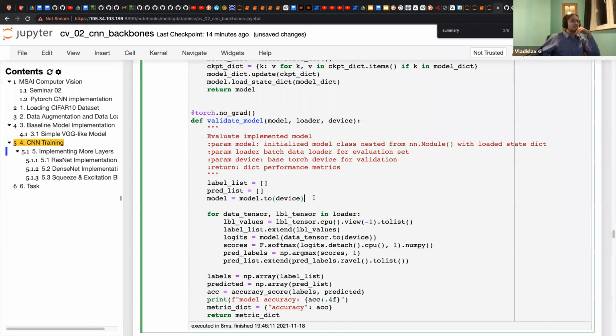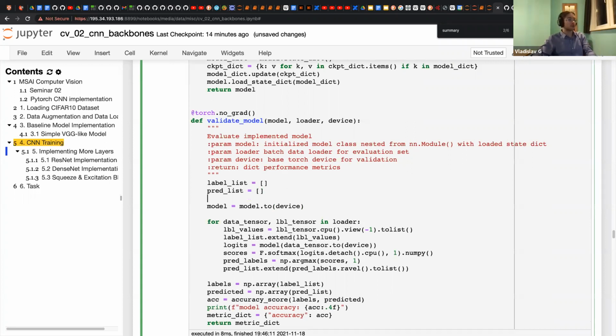Yeah, in fact, it could be interpreted as an error here, because of model.eval. I prefer train false.